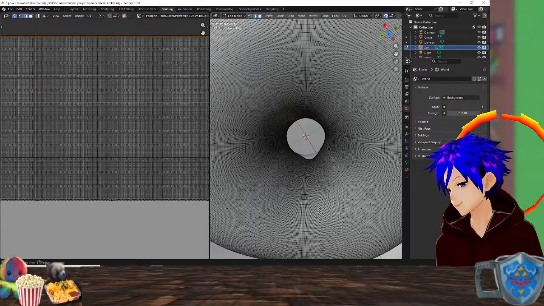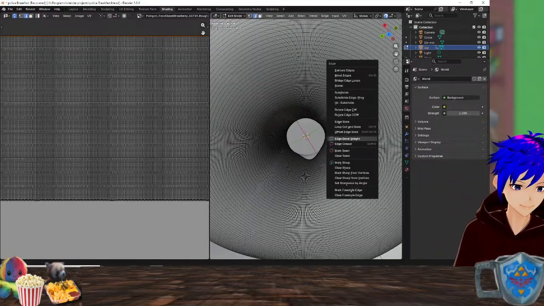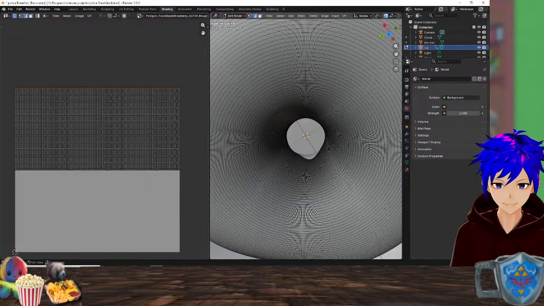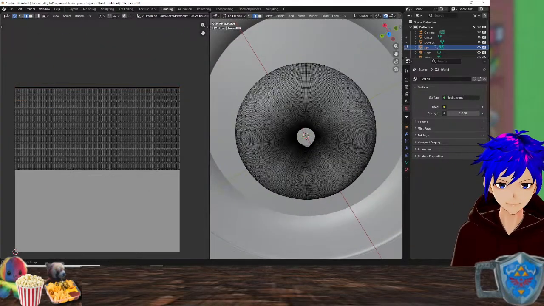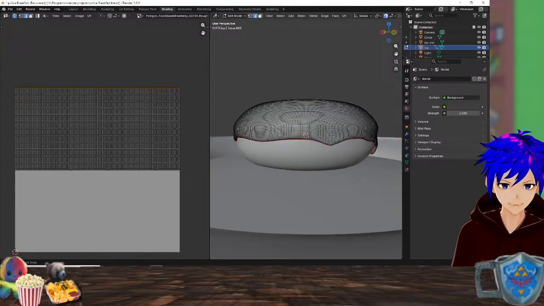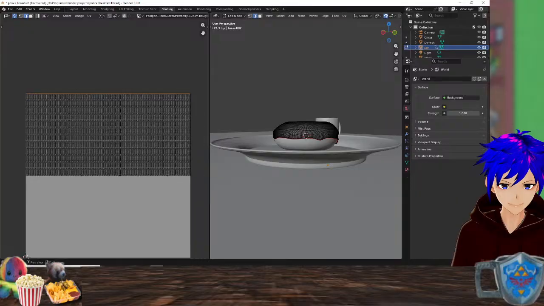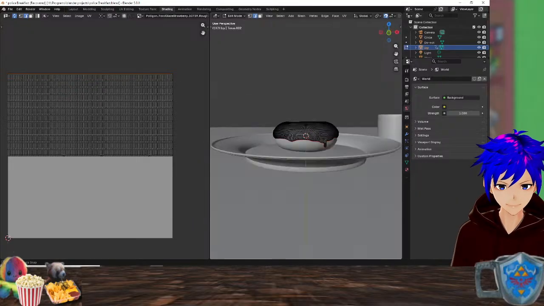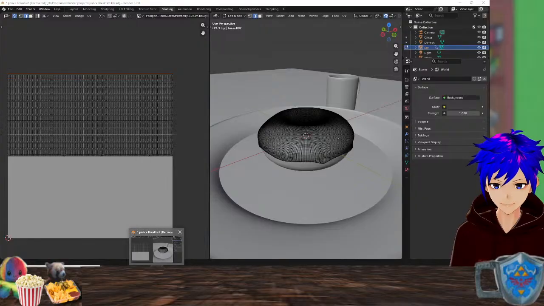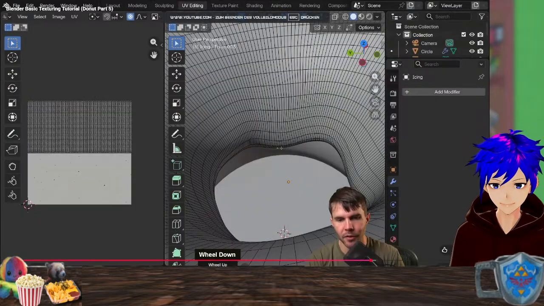Okay, then it's again Control E and Mark Seam. All right.